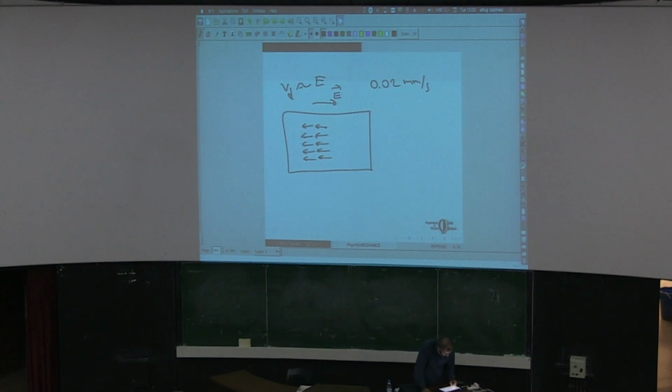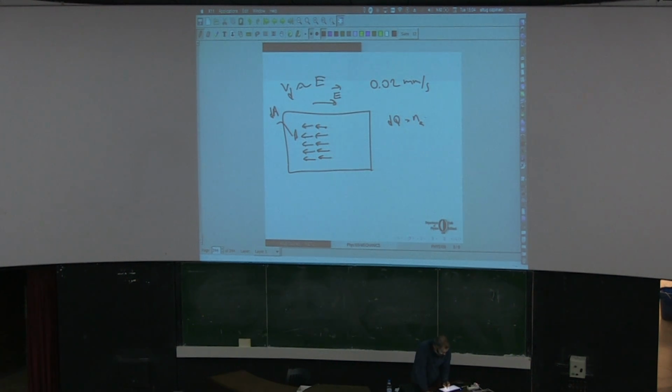So if I would imagine some area over here, dA, I have all these charges passing through my area dA. So the total charge that passes through my area dA will be nothing but, let's say, the density of the electrons of my system. Well, if I have a denser system, there will be more charges passing through my area.